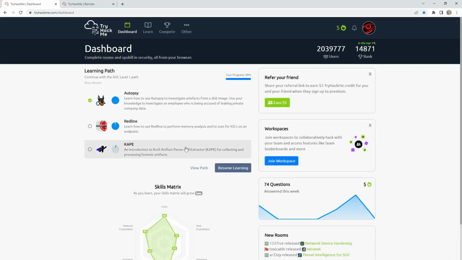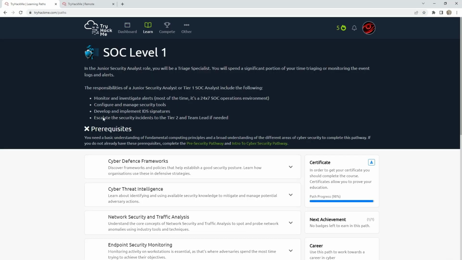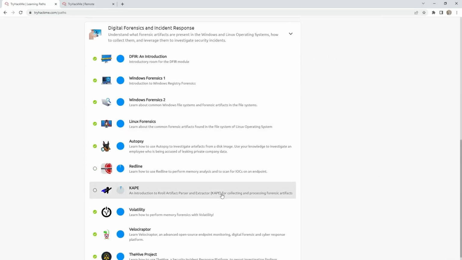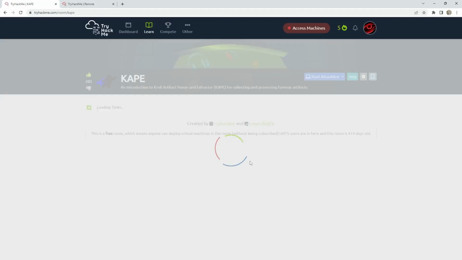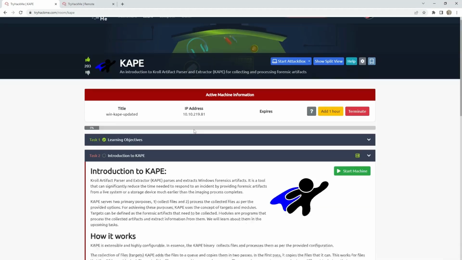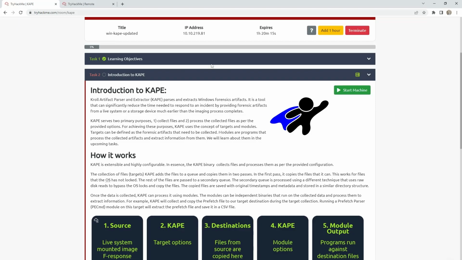Hello everyone, today I will do the KAPE room on TryHackMe SOC Analyst. First what you need to do is run the machine. So click start, I already started it, and